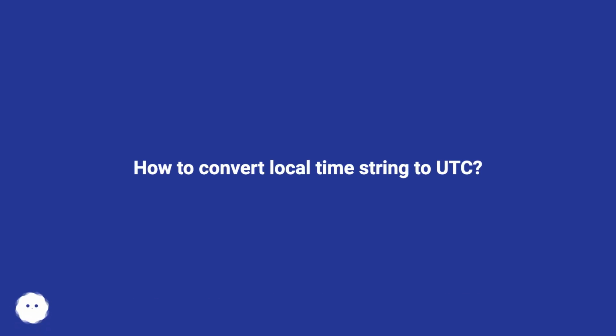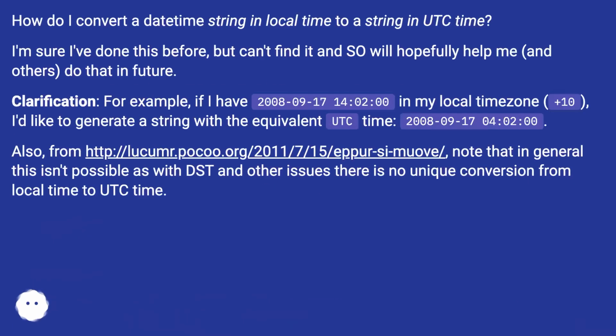How to convert local time string to UTC. How do I convert a datetime string in local time to a string in UTC time? I'm sure I've done this before, but can't find it, and so will hopefully help me, and others, do that